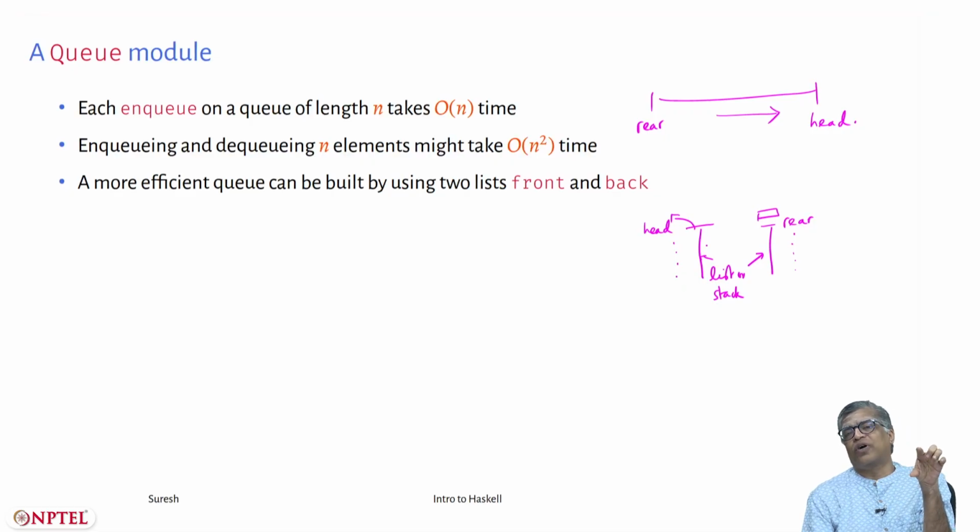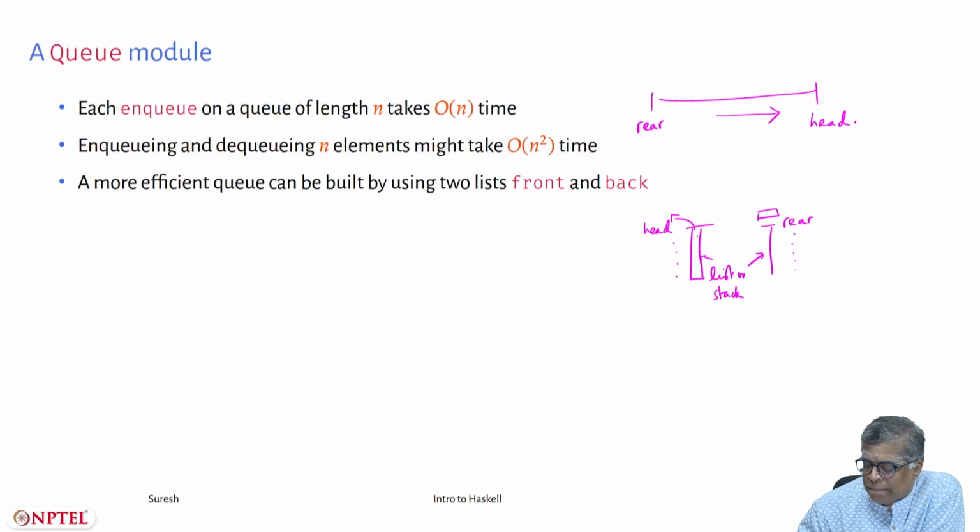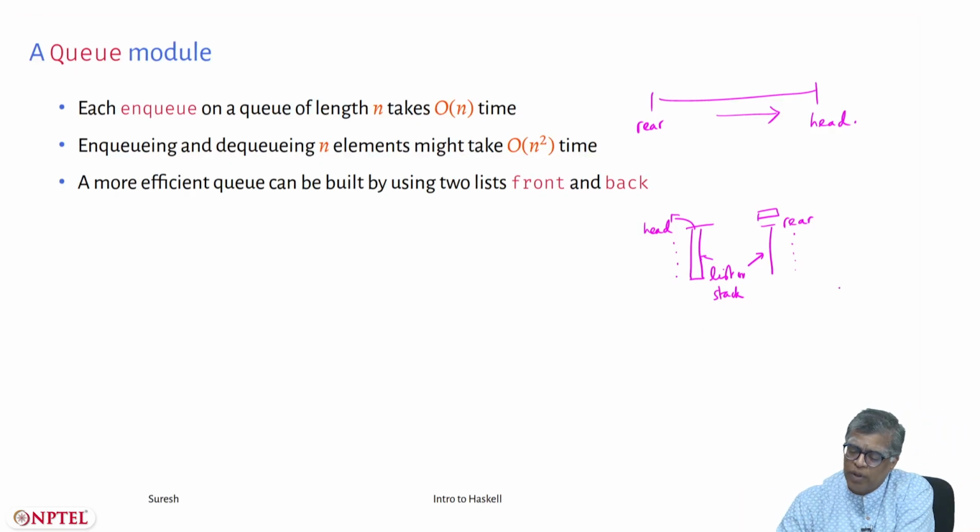So if you think of a queue as two stacks like this, then you can add in one stack and you can remove from another stack, and there will be a problem exactly in a situation where you keep on removing elements from this stack and this becomes empty, but there are elements in the other stack. What do you need to do? You need to borrow elements from that stack. But when you borrow, remember that you need to view the queue as this.